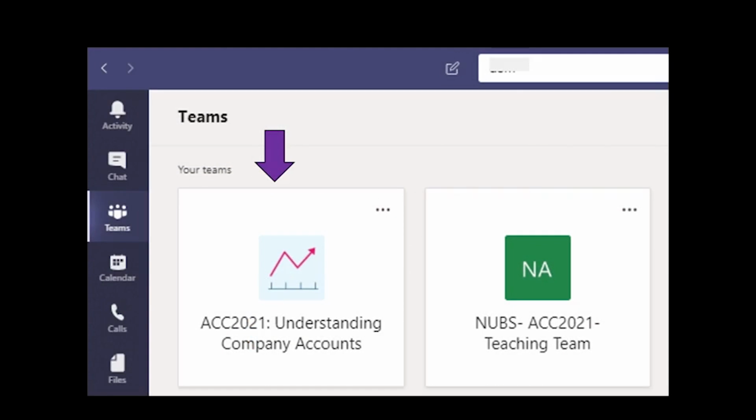If we return to the module team for a moment, you will see that it is not all work and no play. Although this team is used to disseminate teaching and assessment material, you will see that apps like Polly can be used to gain student opinion on things connected with the module. And it can also be used for a bit of fun, as we'll see in a minute.